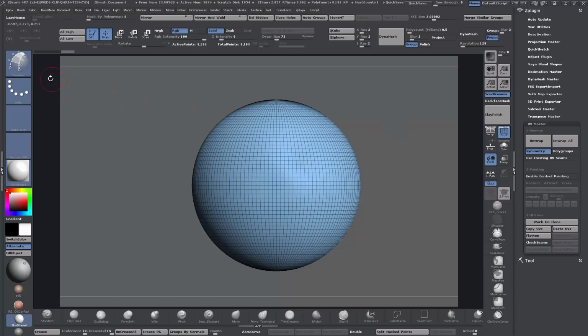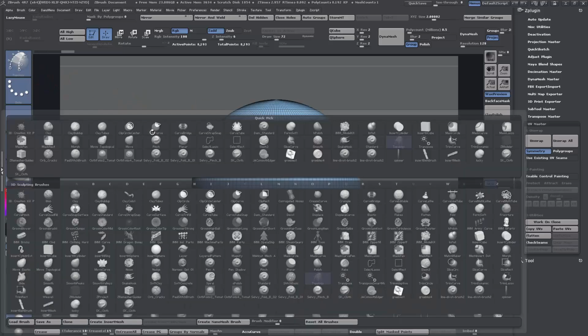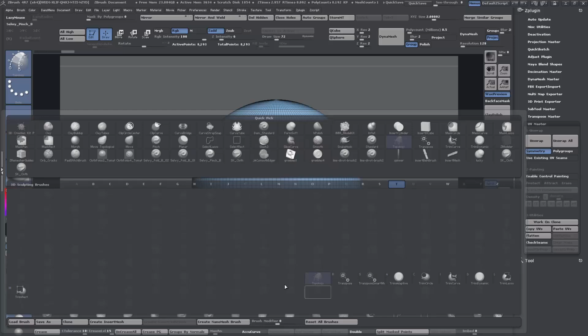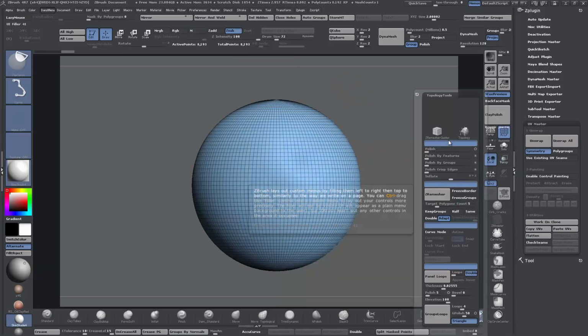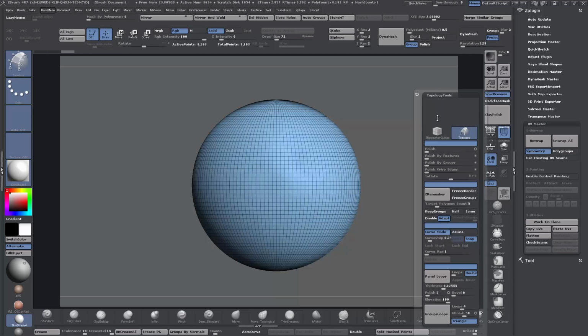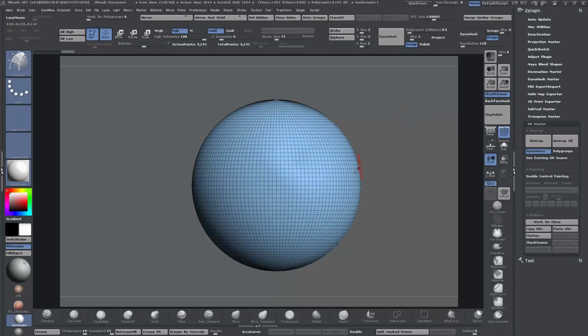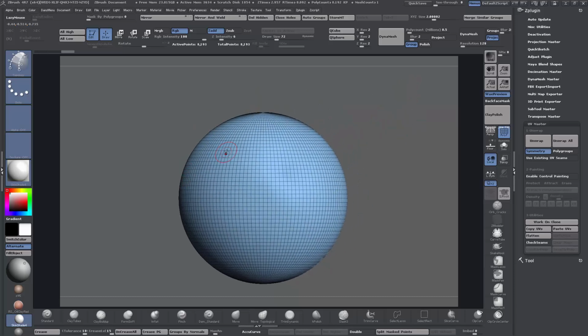So with the topology brush selected, which is B, T, O, I just have it here in my custom menu, Topology Tools. The ZSphere topology stuff will show up here as well when that's active, which I'll show in the next part of this video after I do the topology brush stuff. So enough of the yapping, and with topology brush selected, you'll notice that as I drag out a curve here,